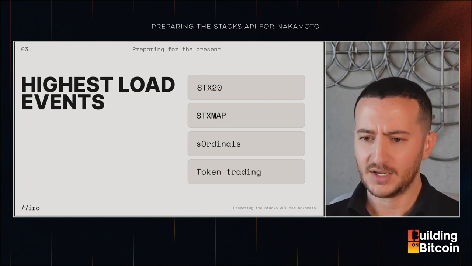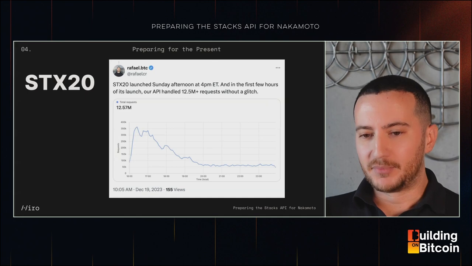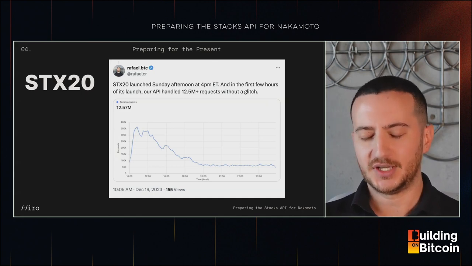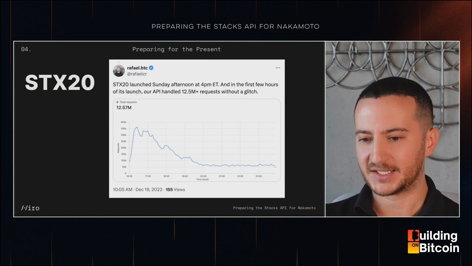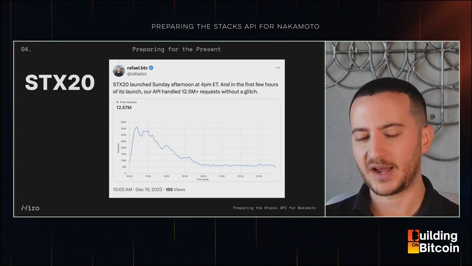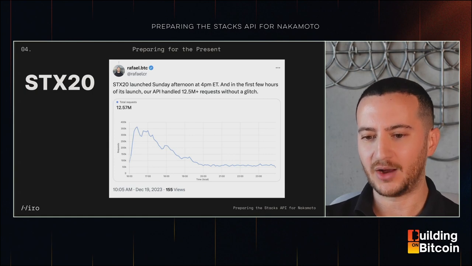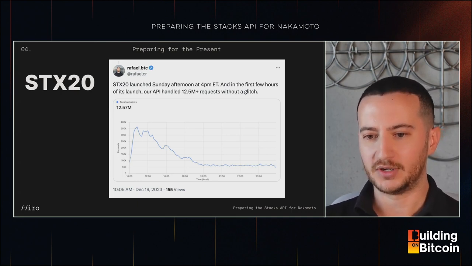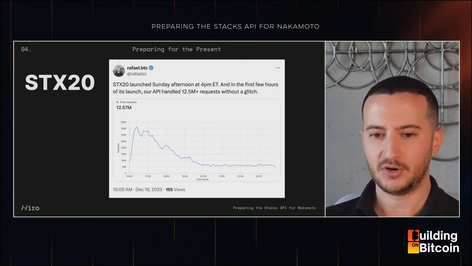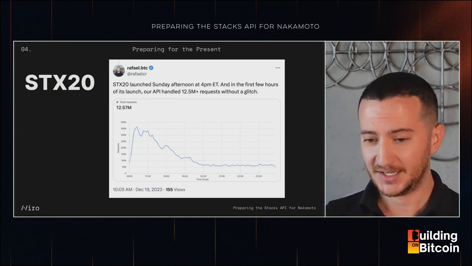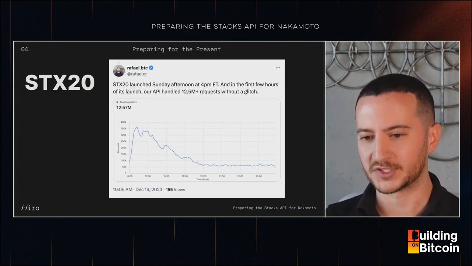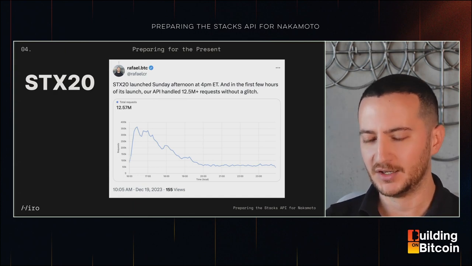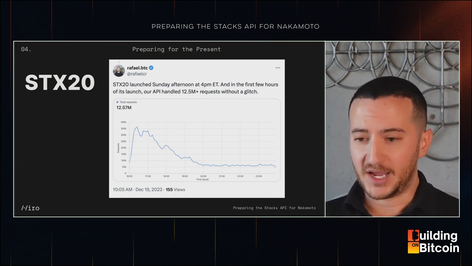So in December of last year, when STX20 launched, we saw a massive spike in activity, as I just mentioned. And I shared these graphs on Twitter just to give you an example on how the API dealt with that influx in traffic. So, for example, during the highest peak of the mint, we saw around 12.5 million requests in the span of just a few hours on the API. So obviously this during a 24-hour period was much, much more than the 15 million that we see on a regular day. But the API was able to handle this,